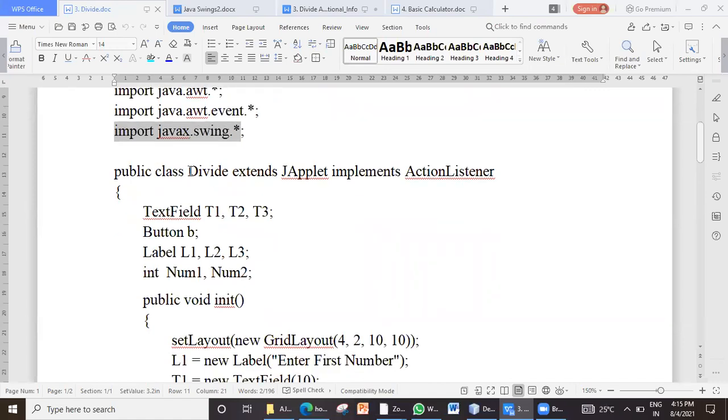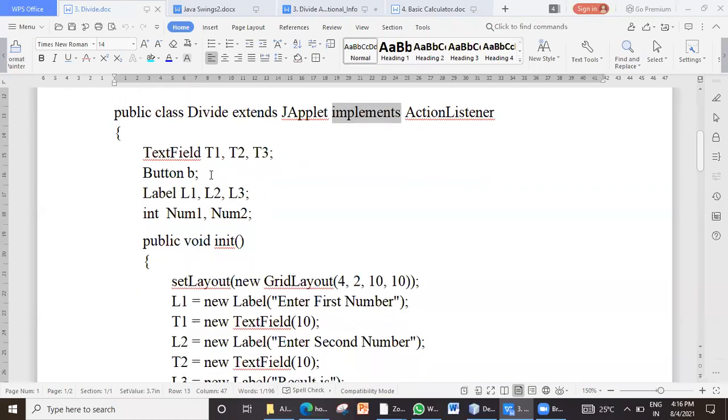Our class name is Divide, which extends Applet and which implements ActionListener. So here we are not making use of adapter classes. We are going to make use of the listener interface. So, implements ActionListener. Then here, as we have seen the design, we require 3 text fields, so I have declared them as T1, T2, and T3.